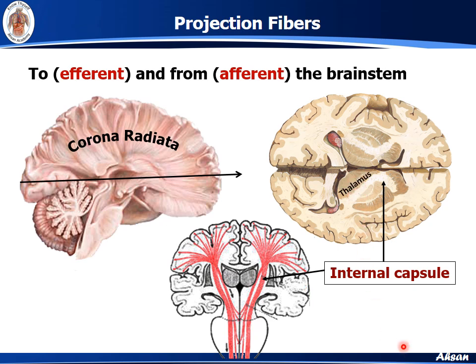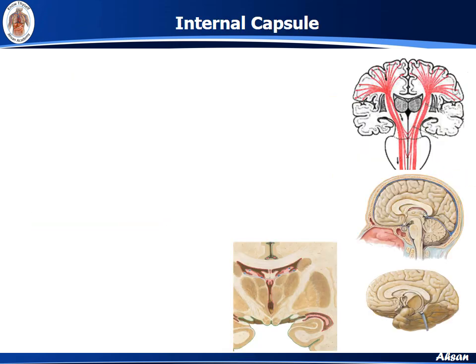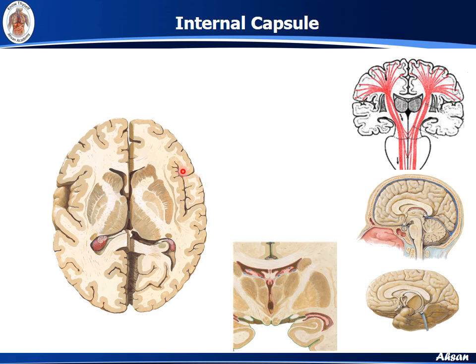This is the thalamus, situated bilaterally in the midline between the cerebral hemispheres. It is part of the diencephalon. This internal capsule is clinically very important because all the afferent and efferent fibers running to and from the